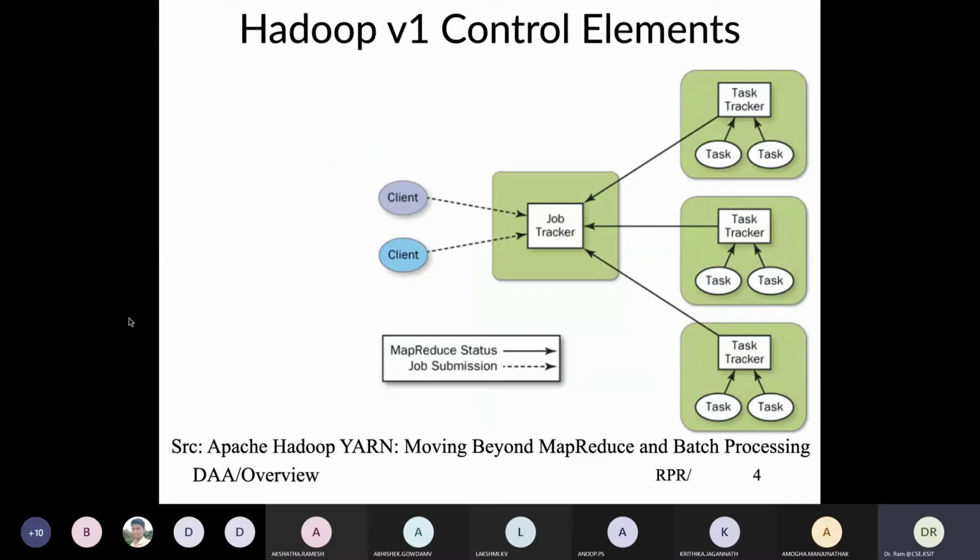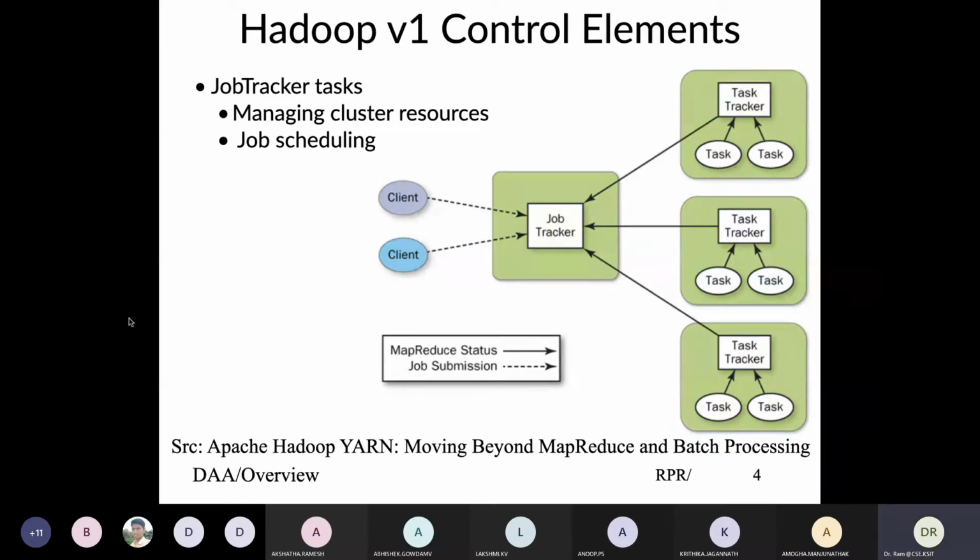Just to review, this we have discussed way back in probably chapter 3, the Hadoop 1 control elements. We have a job tracker, which basically tracks the job, and it not only tracks the job, it also monitors and manages the resources, does scheduling, as well as the job status. It does both jobs. And then each node has a task tracker, it talks to it. And because of this consolidated nature, it becomes tougher to run non-MapReduce applications.